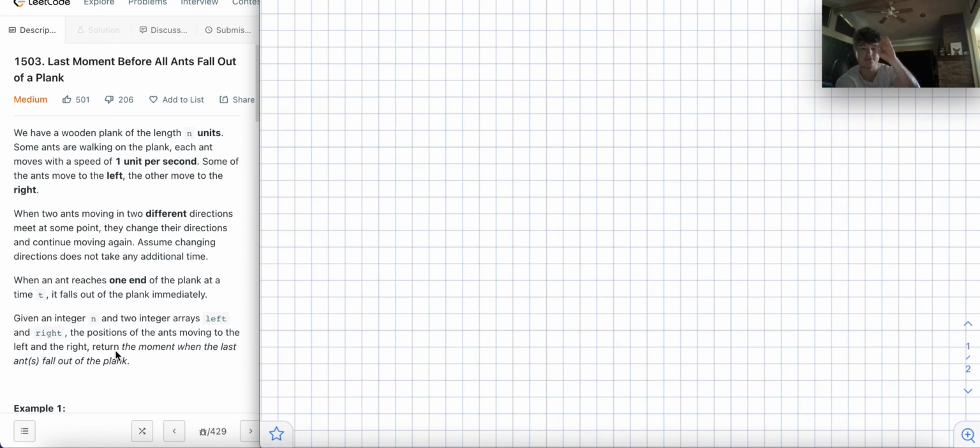This is 1503, last moment before all ants fall out of a plank. Quick video today. This is one of those problems where knowing the trick, knowing some information, a hint, something that isn't completely obvious, which perhaps could be derivable from solving a few examples, but it's not something that's immediately obvious, is really the major assist, which will provide you with the means to find the solution to this